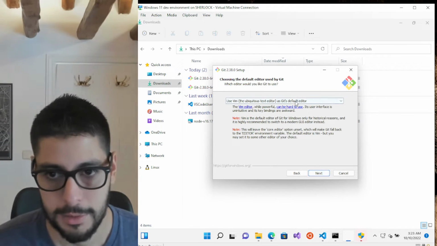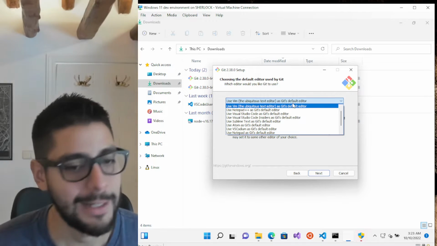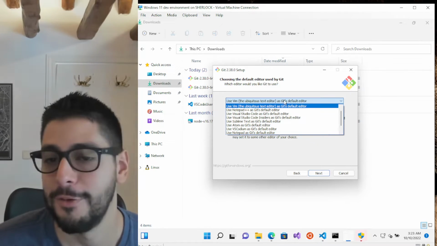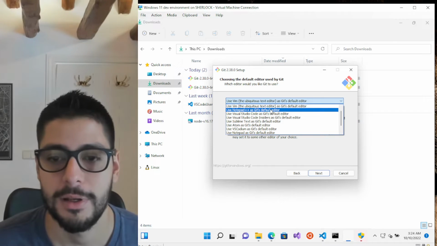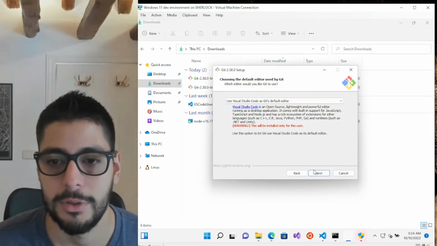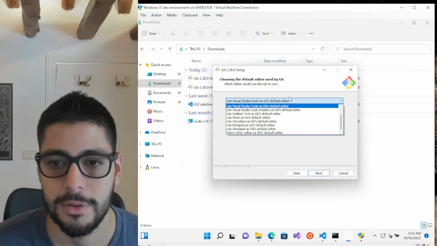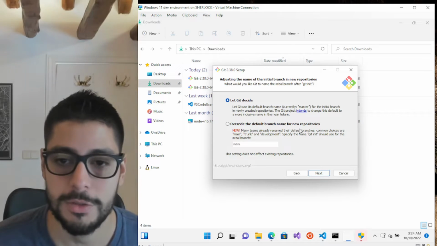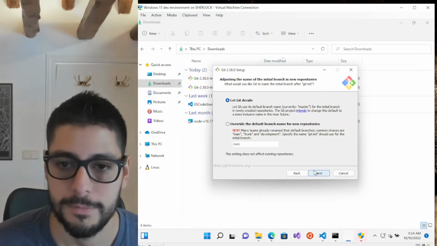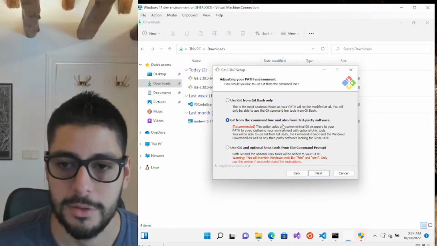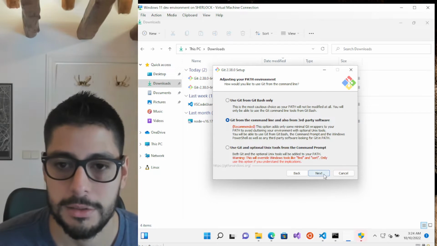I don't recommend Vim to newcomers, but if you are brave, you're welcome to do that. I'm going to use Visual Studio Code because it's the same one we've been using for our application. So let's go ahead and let this